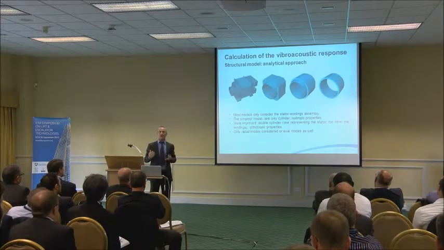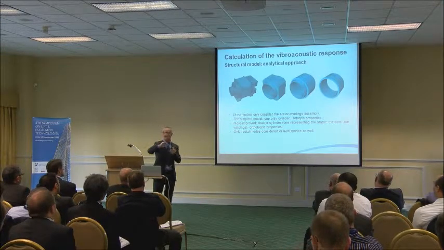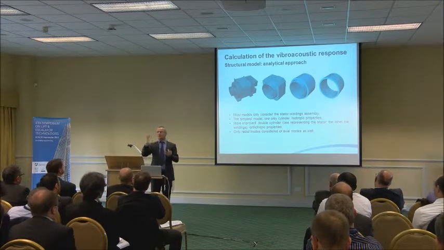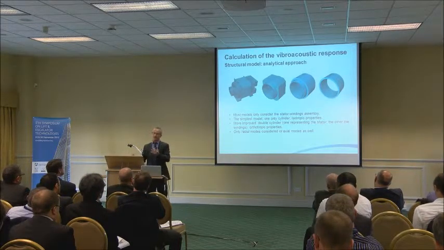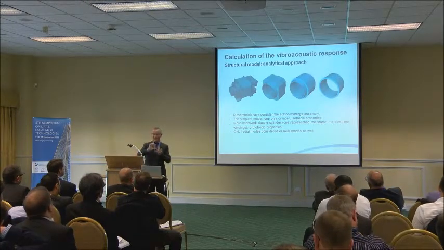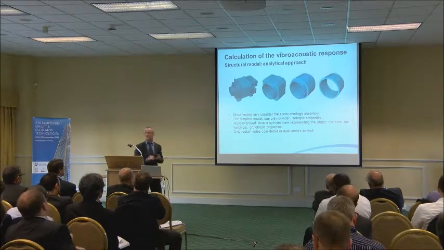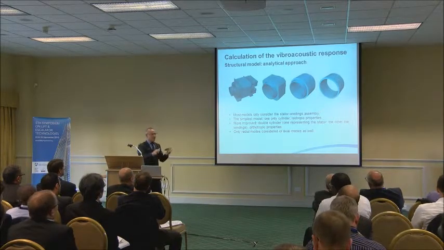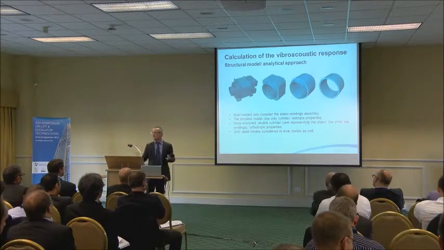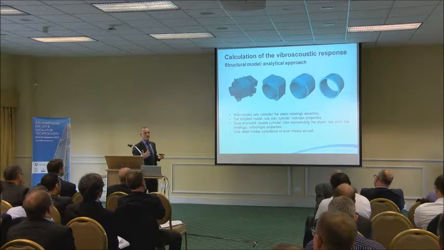Then another approach could be, well, I am going to consider a cylinder, and so I'm going to consider axial modes as well. One only cylinder, and I'm going to average properties concerning the windings and the stator. And another approach could be a double cylinder, one of them corresponding to the stator, another one corresponding to the windings, with some equivalent properties concerning stiffness, Poisson ratio, and so on. Isotropic, all of them. This is the first approach.